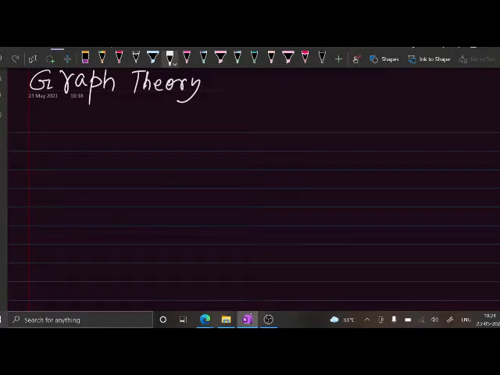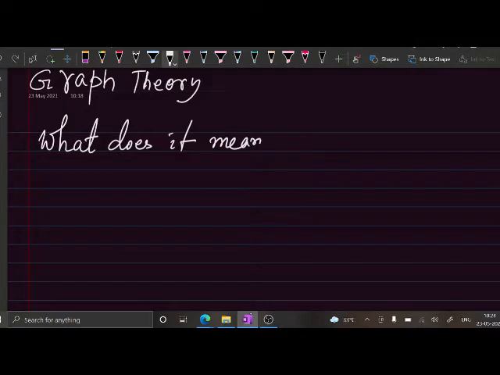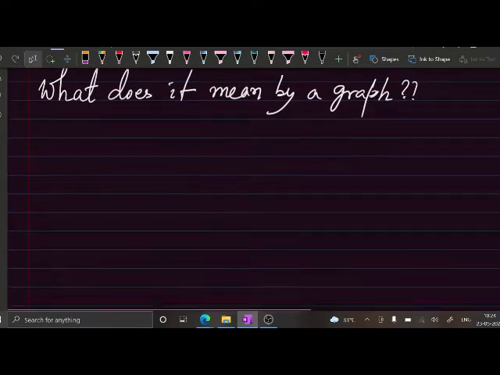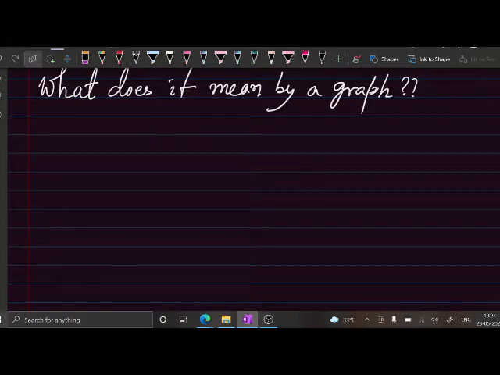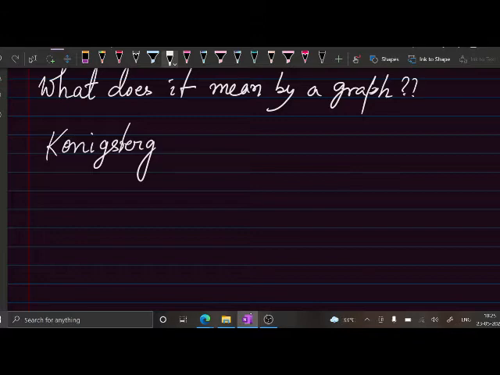So first of all, what does it mean by a graph? Okay. So the theory of graphs generated from a very well-known problem, and it is known as the Königsberg bridge problem. Okay,